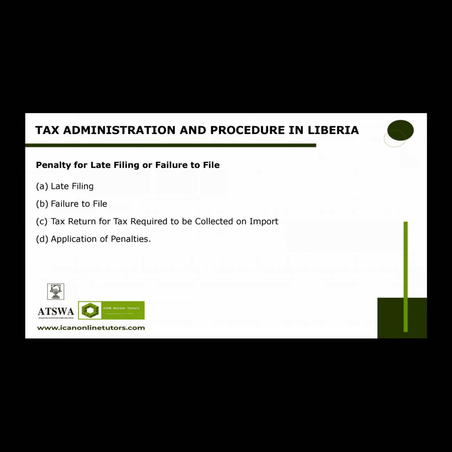and is subject to the failure to file penalty. Calculation of the penalty: the penalty for failure to file a tax return other than a tax return that is required to be filed monthly is 10% of the tax required to be shown on the return, and the penalty increases by 5% per month or part of a month that the failure continues, not to exceed 100% of the tax required to accompany the return. The penalty for failure to file a tax return that is required to be filed monthly is $5,000 or 20% of tax required to be shown on the return, whichever is greater, increased by 10% per month that the failure continues, except that the amount is limited to the amount determined in A above.